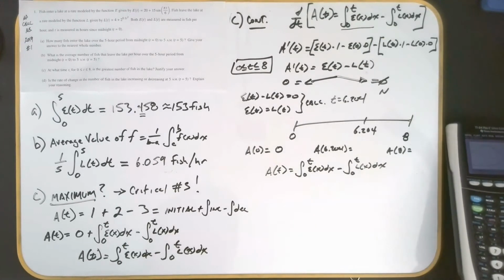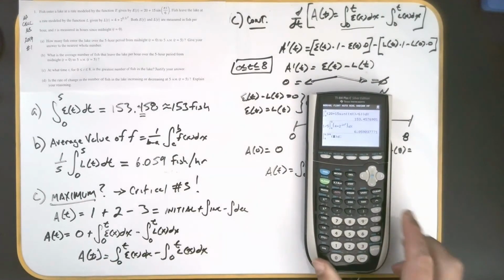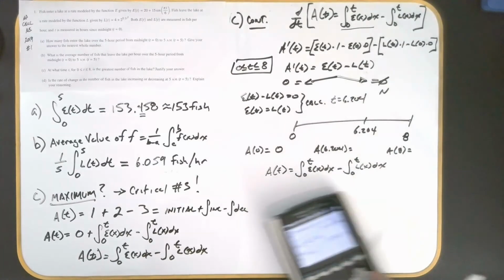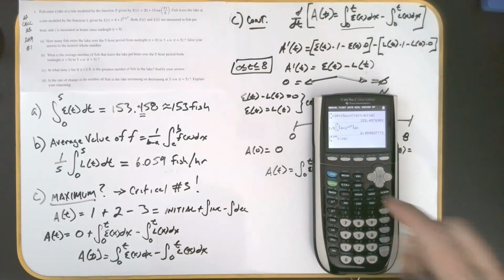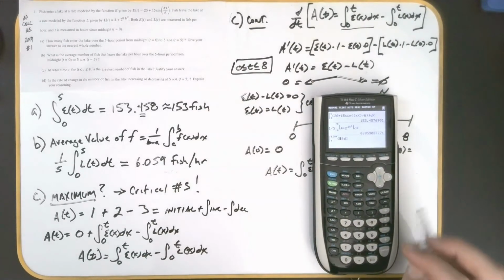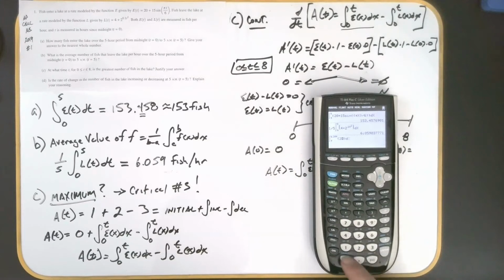just to save myself a little bit of typing here. Just go to our calculator, and I'm going to put this in one integral. As you can see here, that's going to be fine. So I've already got this in here, integrating from 0 to 6.204, and I'm going to put in my trig function here, which was 20 plus 15